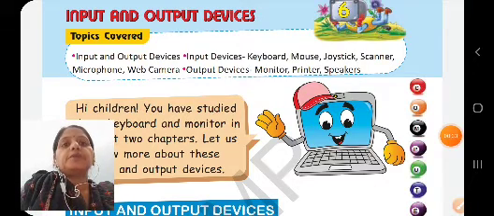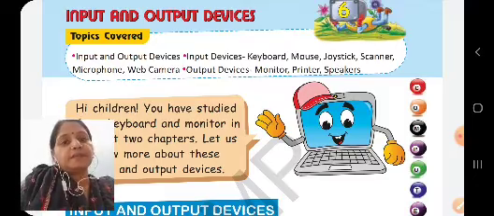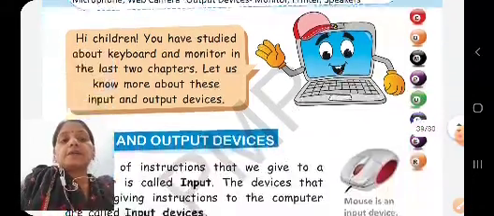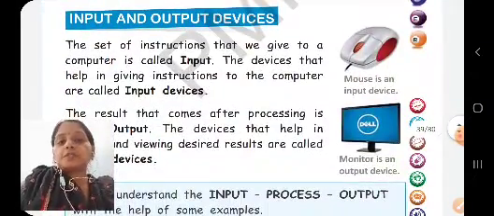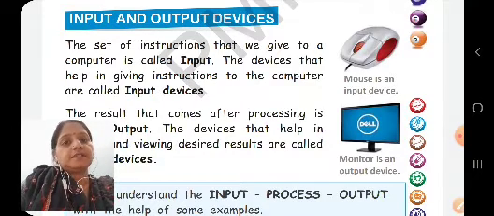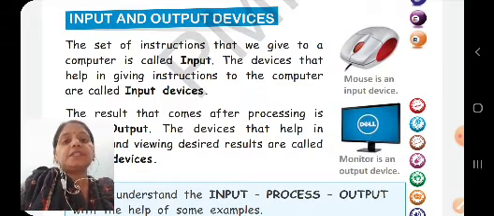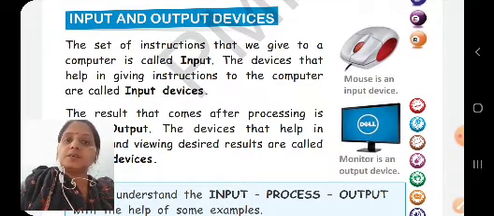So children, we were doing chapter 6, that is input and output devices. As we know, computer is made by man. It is known as man-made machine. We also know that computer cannot perform any work itself. In order to do any work on computer, we need to give some instructions to the computer.